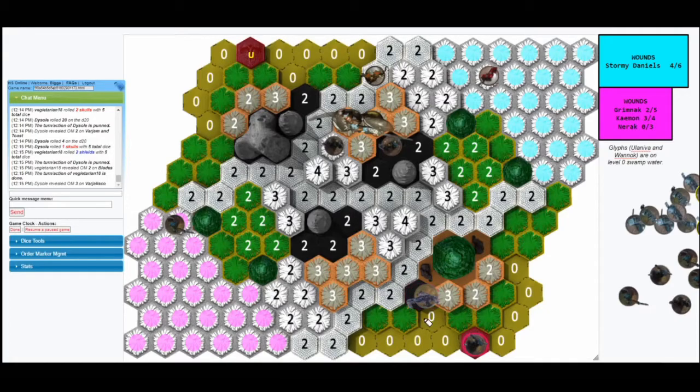This is the right play for sure. Because now even if Grimnack does have the last order marker, Grimnack is not going to be able to do anything except try to kill Isamu, which isn't nothing. But man, that's a great round for Dysole. Holy cow! For sure, that was the run she needed, but she's going to need basically 1 more round like that.